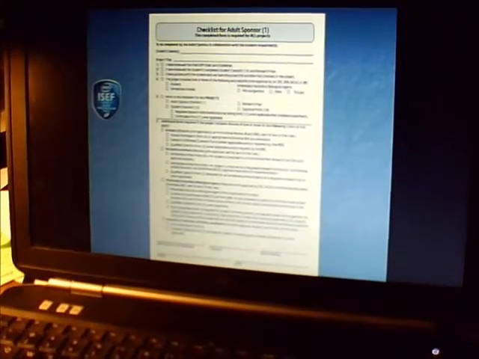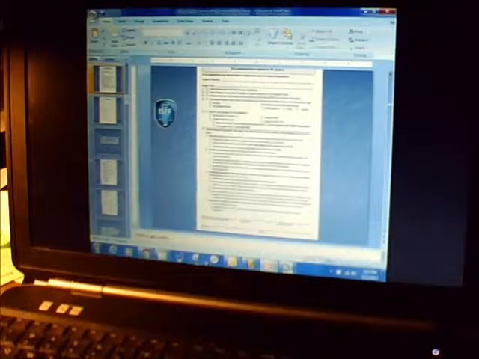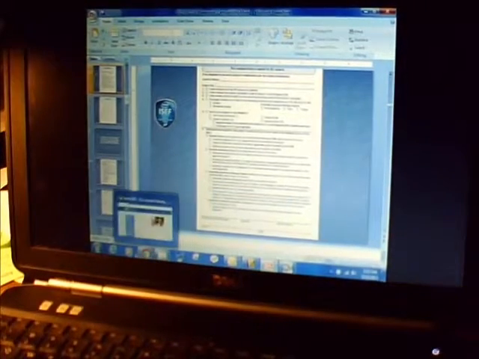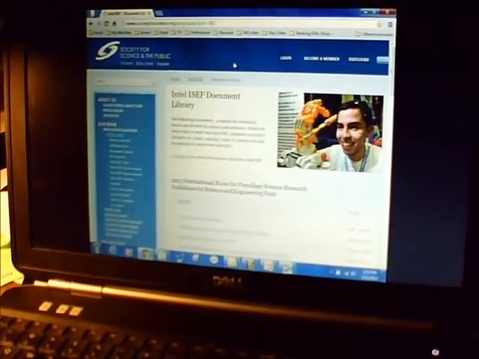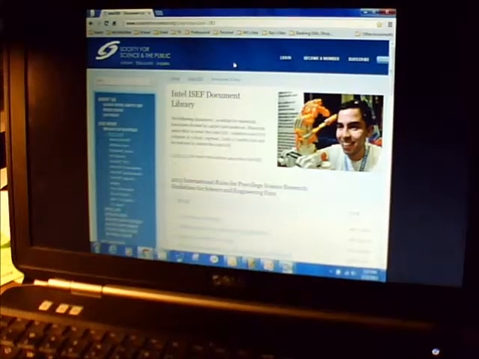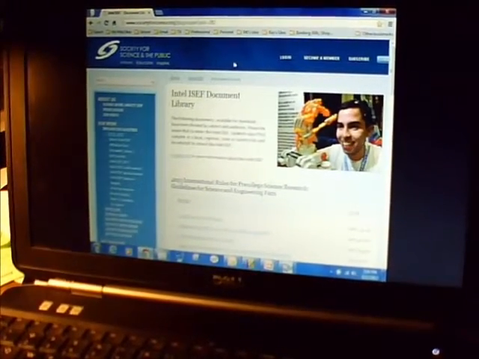Now, here's what I want you to do. There is a website, and I want to show it to you right now. Since all of you have computers in front of you, I want you to go to this website once I find where I've got it here. This is it. All the forms for the International Science Fair are located on this website. So please type in this address,